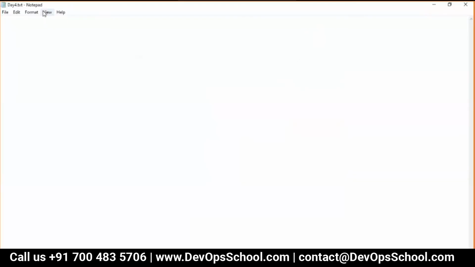Okay guys, so yesterday we learnt that a Kubernetes cluster has a master server, and then we have a worker server also. Correct?